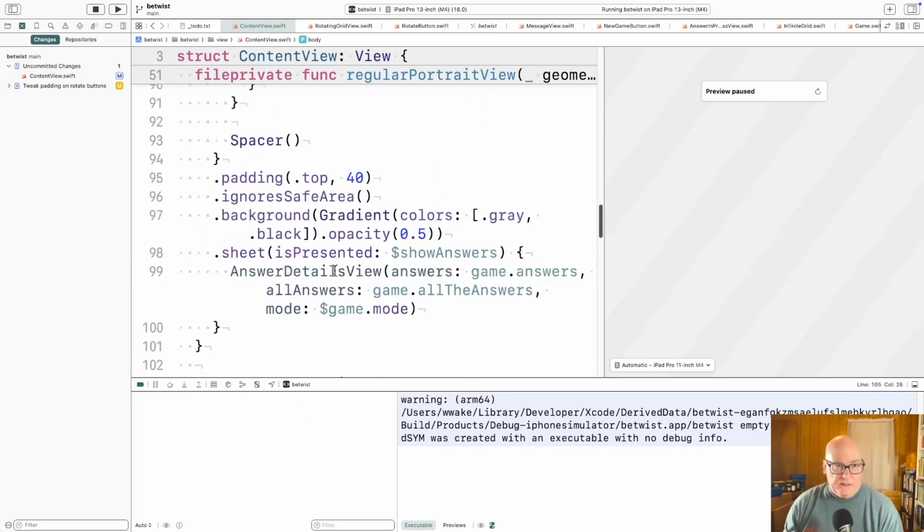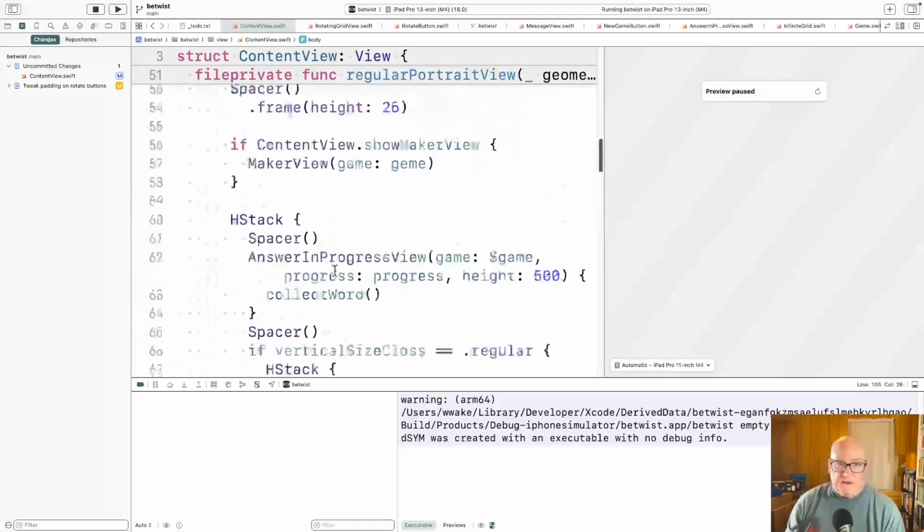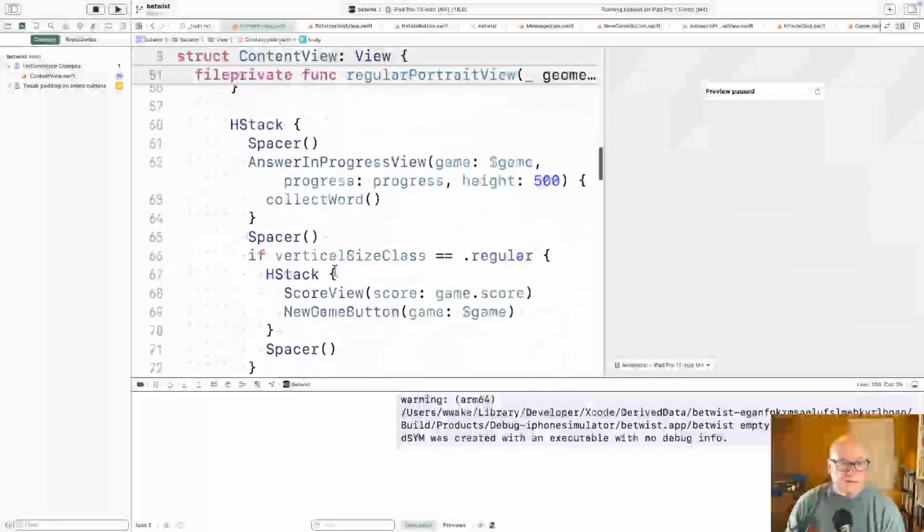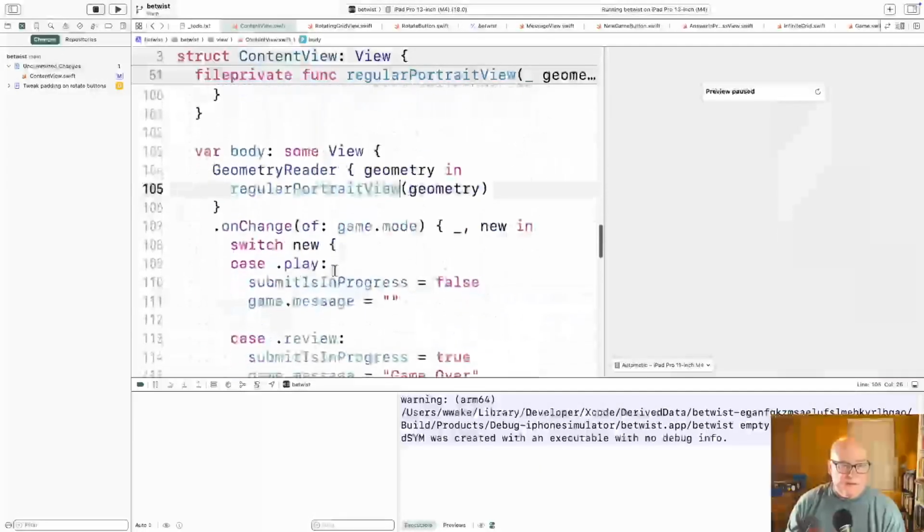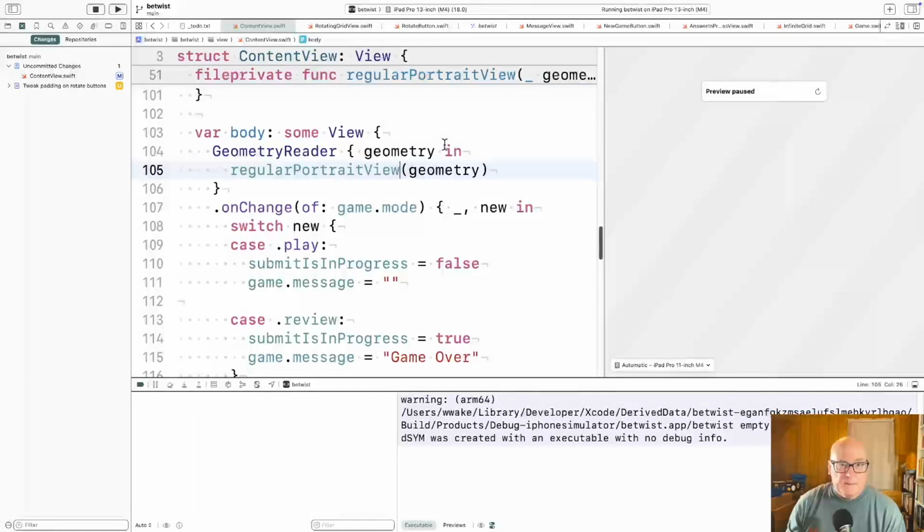Okay. Now we're going to end up with a heck of a file because we're going to do this 4 times. All right. And he needs geometry. I don't think there's a way to escape that. Okay. So,